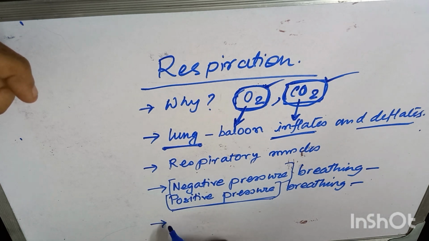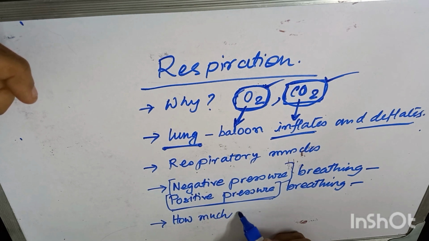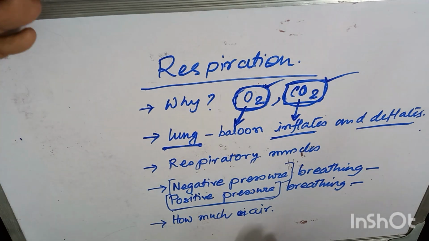Our next question is, how much air do we actually put inside in a respiratory cycle? Say we breathe in and breathe out very quietly. We actually breathe unconsciously,